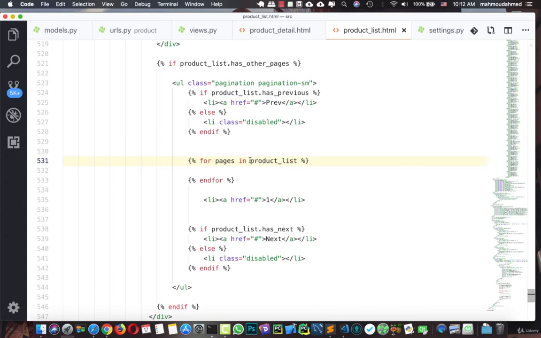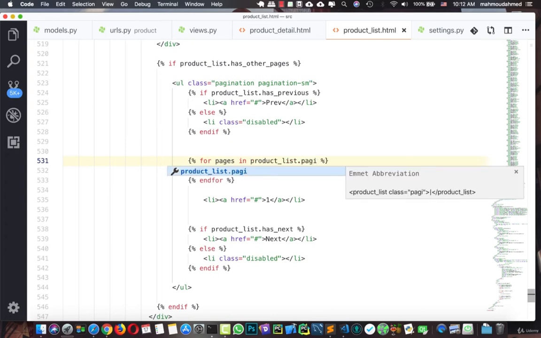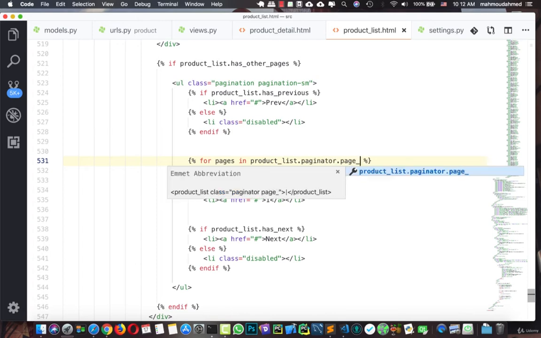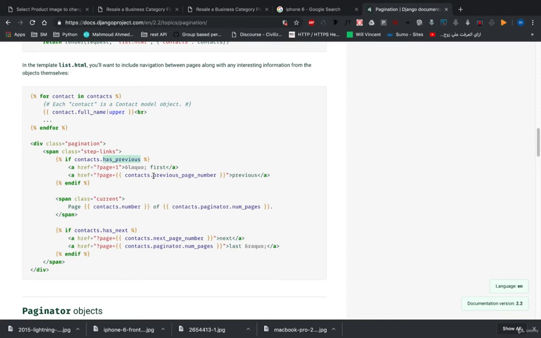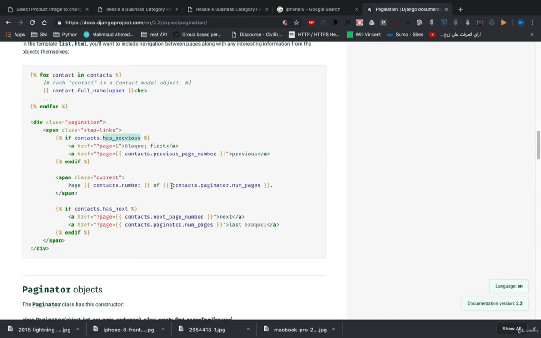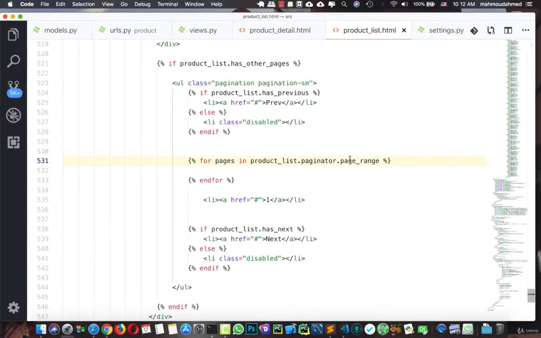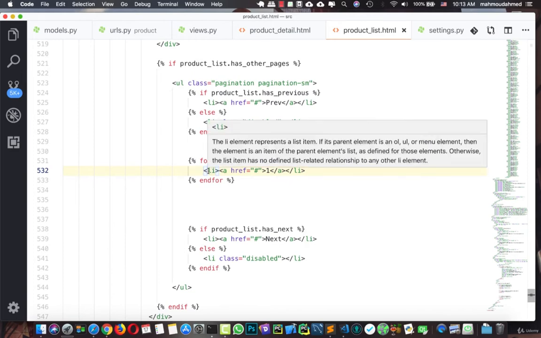dot paginator dot page range. You can get this information from this previous. Yeah, this is num pages. Okay, and we need to take this and add it in here, and this 4, and we're gonna say,